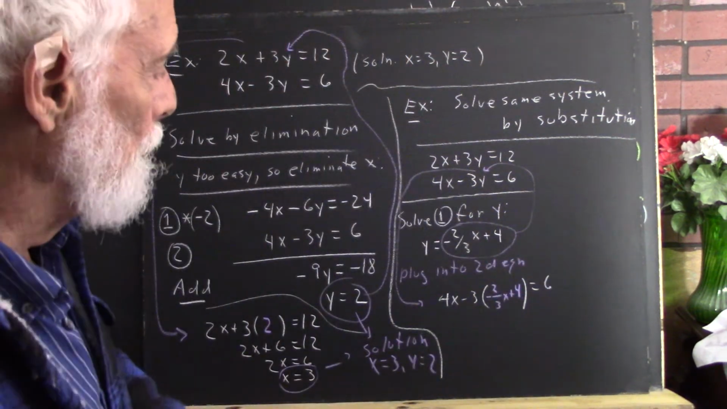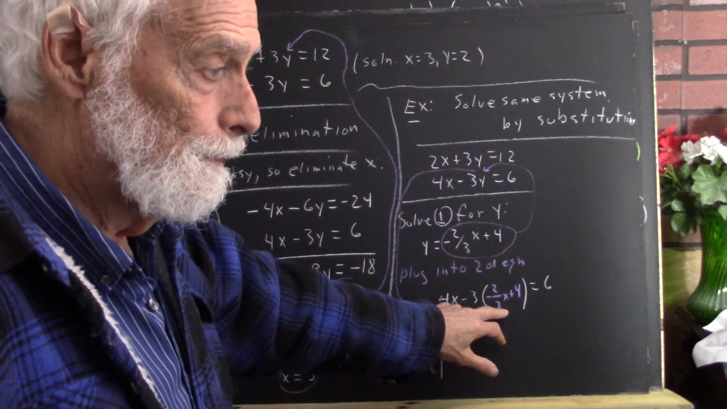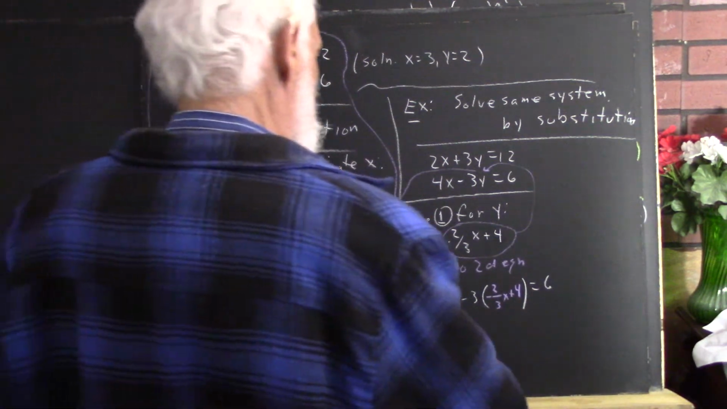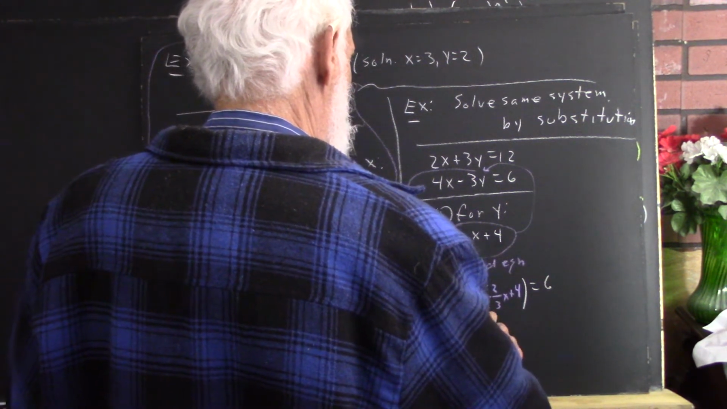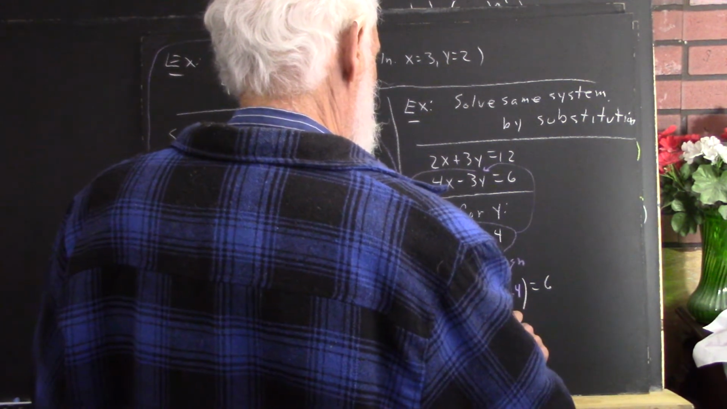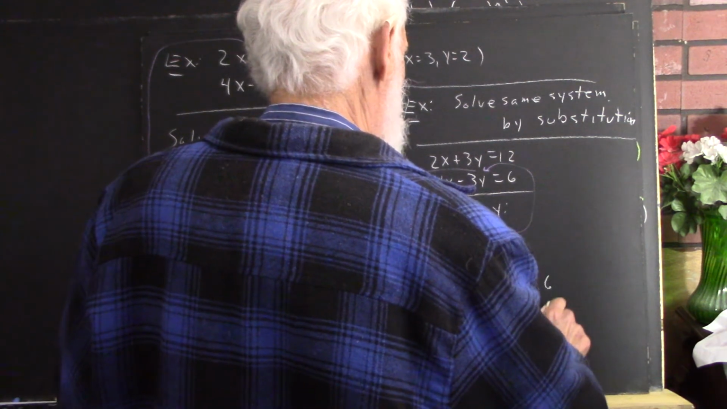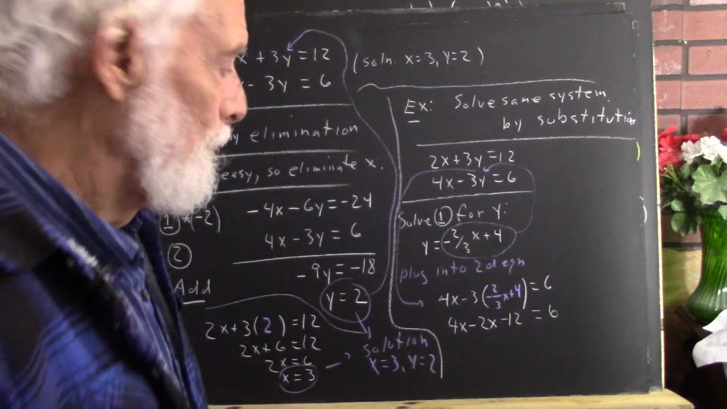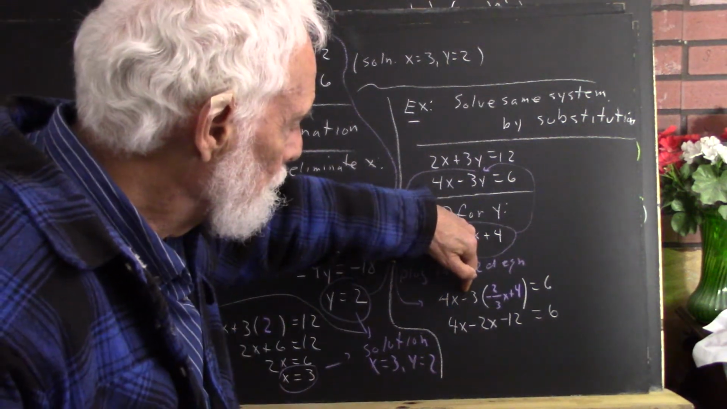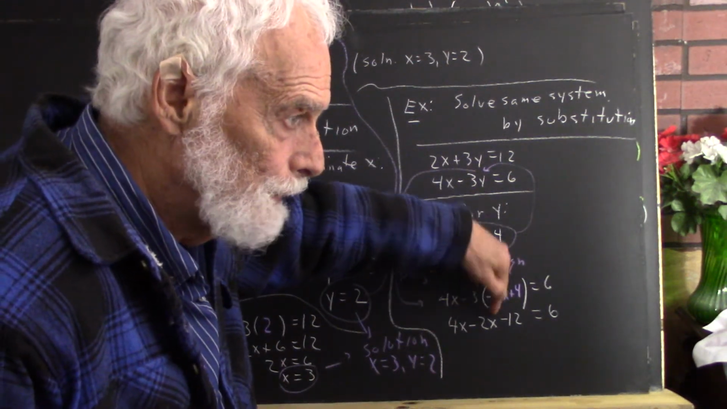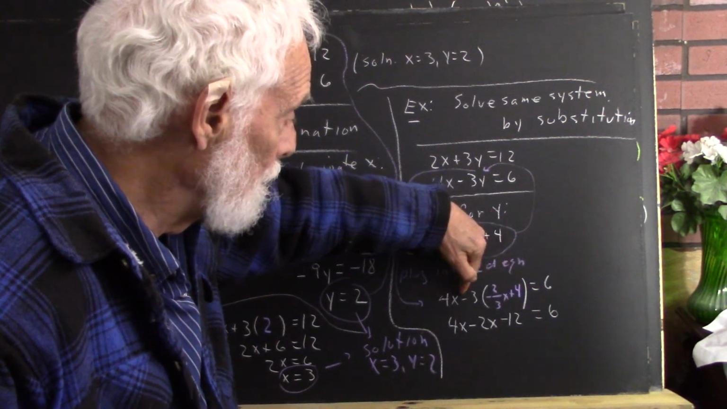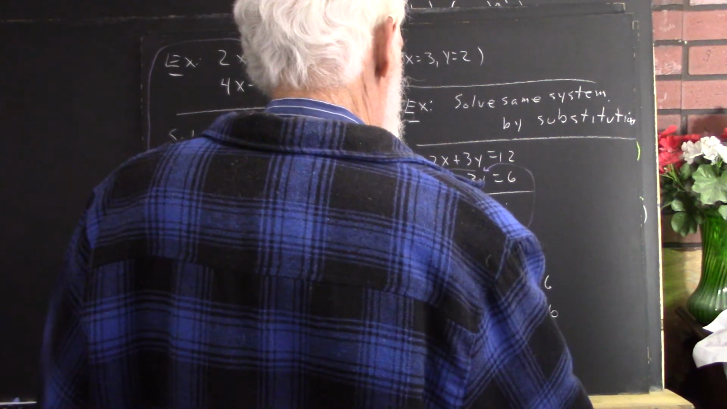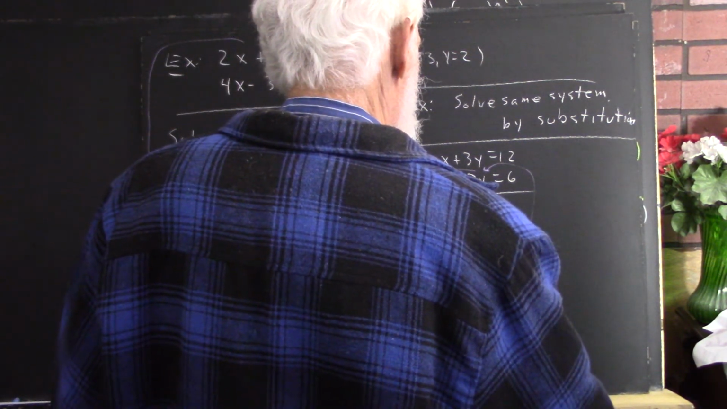And now notice that we have an equation for just x. We don't have any more y's. Well, we again get 4x minus 2x minus 12 equals 6. Because negative 3 times negative 2/3 gives us 2. And negative 3 times 4 gives us negative 12. Well, that gives us then 2x